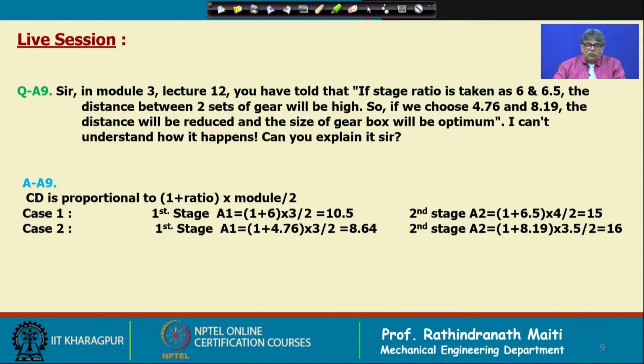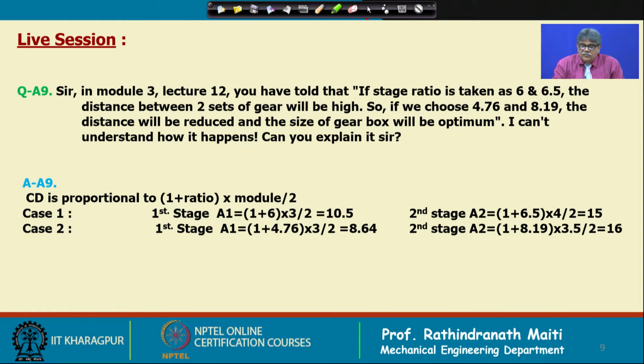So, you can take 1 plus 6 into say module has become 3 by 2. So, it is coming 10.5. In the second stage, definitely the first stage reduction is high, so second stage torque is high. So, for that perhaps module will come 4, and in that case 1 plus 6.5 into 4 by 2 is 15. Now, next if we consider 4.76 and 8.19, then we will find that 1 plus 4.76 into 3